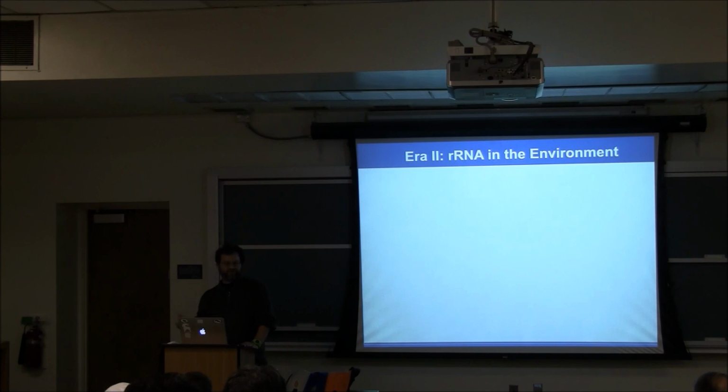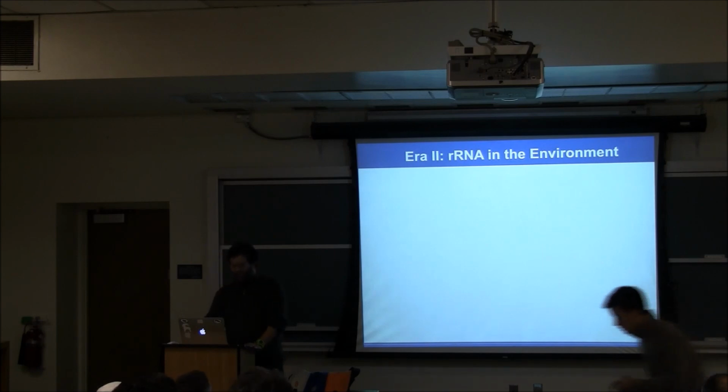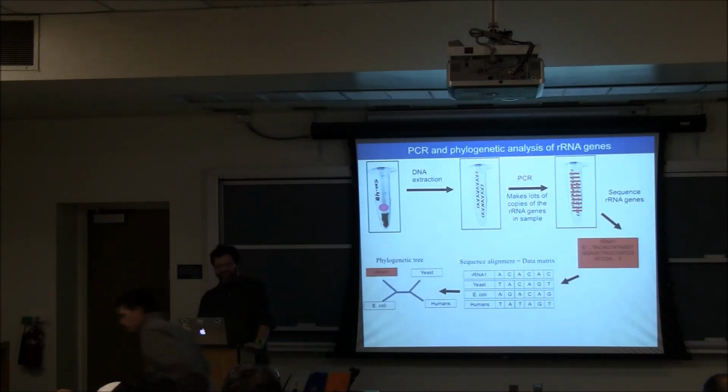Along the way, although from my personal timeline this is in a different order, after Woese and other people started to show that you could build a tree of life based upon sequences, the next era to me in terms of sequence-based studies of microbes is going out into the environment, collecting samples without growing them in the lab, and sequencing ribosomal RNA genes, work pioneered by Norm Pace and colleagues. You go out to the environment, now with PCR, but before it without PCR, you sequence ribosomal RNA genes, and you build an evolutionary tree, and it can tell you something about the organisms that you've never grown in the lab by comparison to organisms that have been grown.